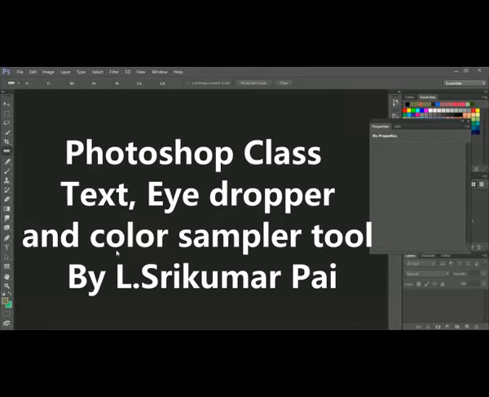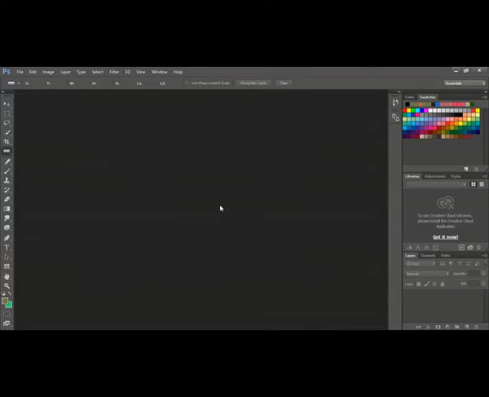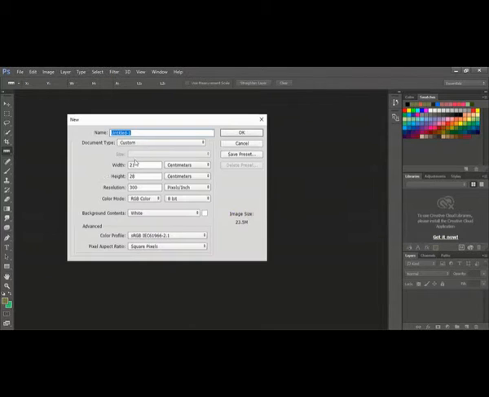Going to do is we are going to learn about text creation. It's very important. You may have to use the text. How to create a text is very important. So we'll just go through that. So let me open a small file, small size, so it'll be easy for you to see that.